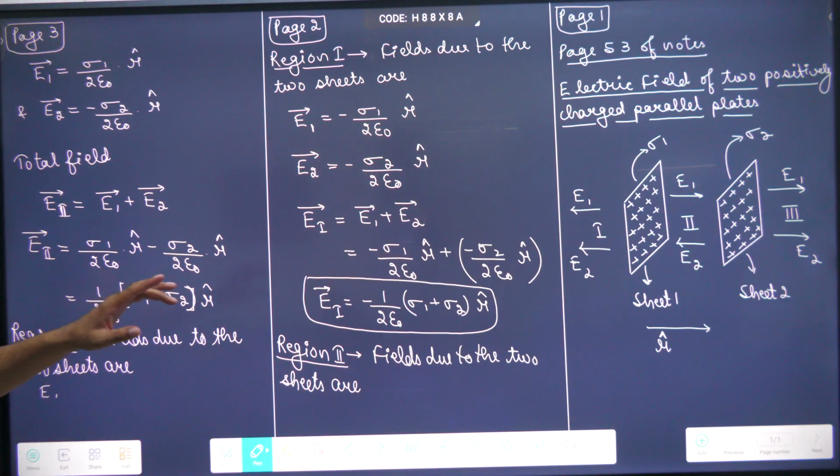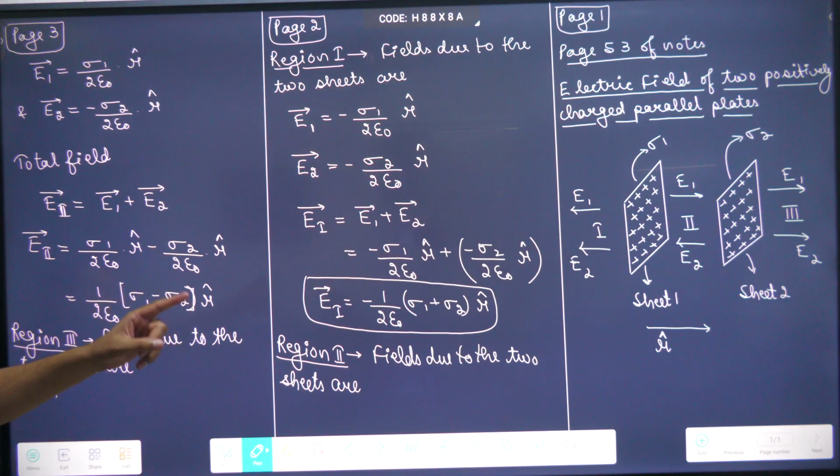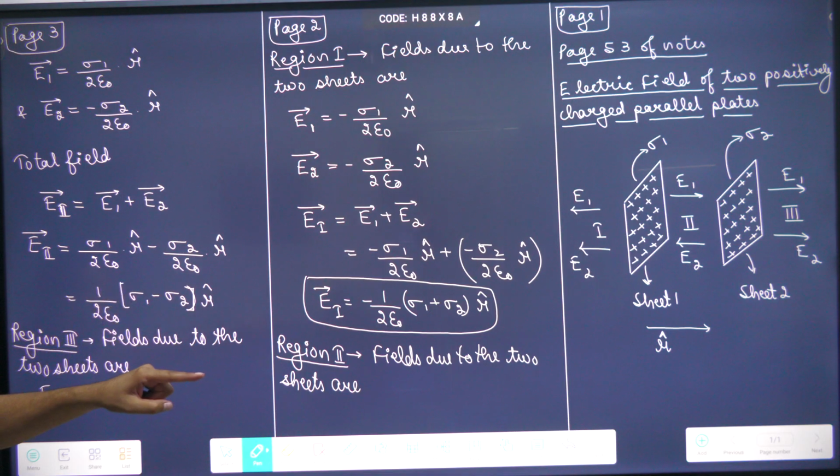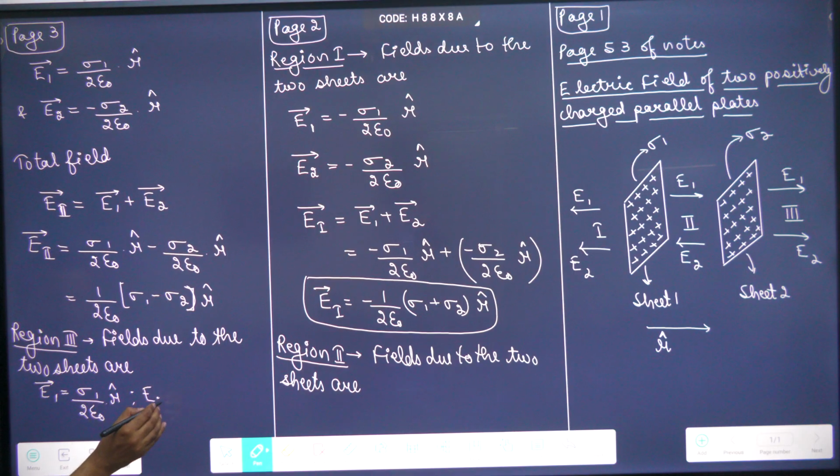Now in region third it can be clearly seen that both the electric fields are in the rightward direction, and rightward direction is taken to be positive. So E1 vector is equal to sigma 1 upon 2 epsilon naught r cap. E2 vector is sigma 2 upon 2 epsilon naught r cap. So total field in region third will be,